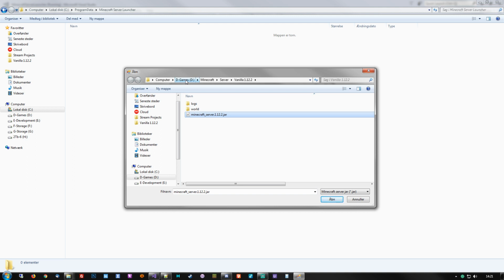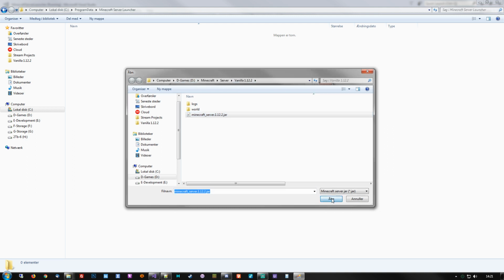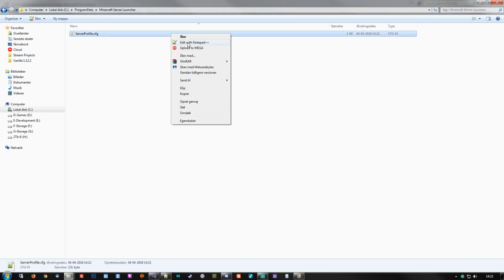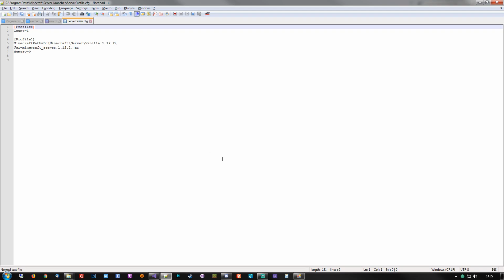Let's see, D drive, Minecraft server, vanilla, the jar. Boom. Now it's selected and it instantly created the server profile CFG, and let's see what's in it. Holy smokes, it actually did create a full setup for us, except we didn't assign any kind of memory size to it. We didn't do that